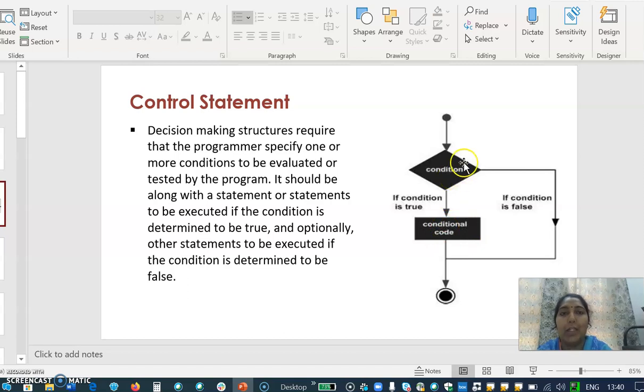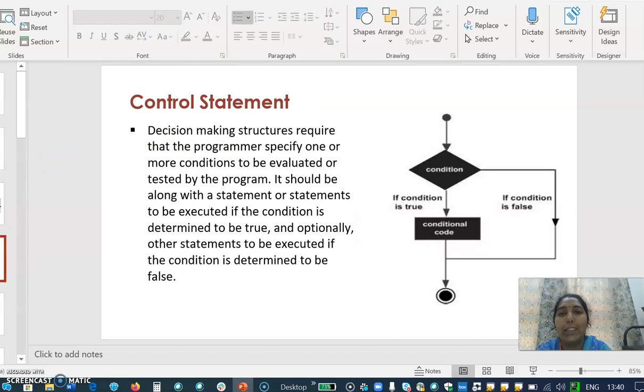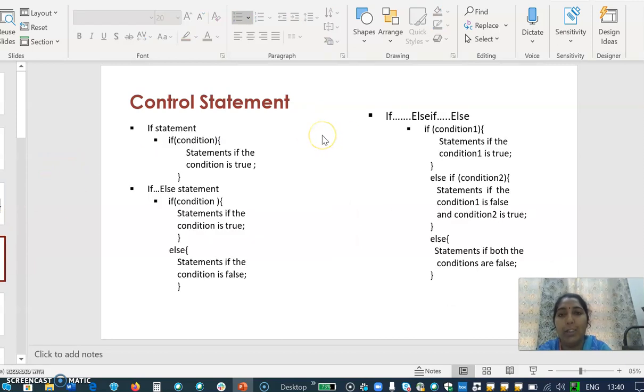Otherwise, if the condition is not satisfied, we directly execute the statements written at this point, and we do not execute this set of instructions. So these control statements can be referred to as decision making statements. Now we'll see some of the control statements.